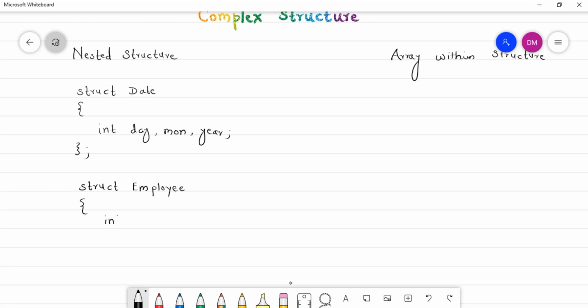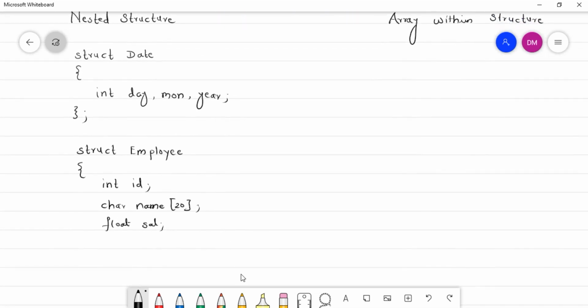We have employee ID, then name, which is of type character array, say of size 20, and then we have a salary, say float sal. Now what do we want to do? We want to define a join date or joining date of the employee, and that joining date will be of type date.